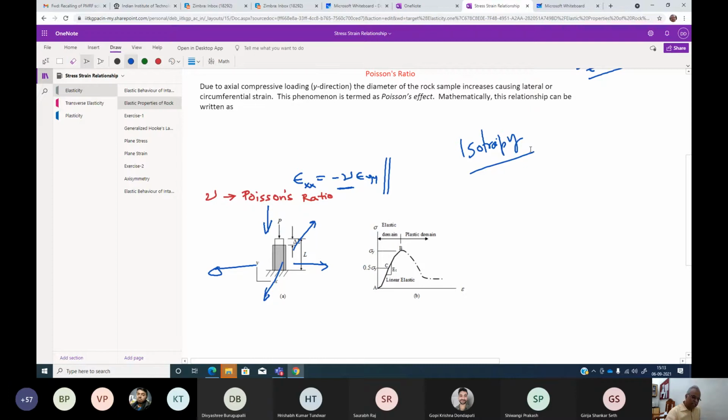And mostly, you know, rocks are in no way isotropic. Okay, they are all anisotropic. Rocks are not homogeneous; they are inhomogeneous. Okay, rocks are not elastic; they are inelastic. So whatever we teach you, it's just the reverse for rock. But still, we have to first know these properties, and then only we can understand